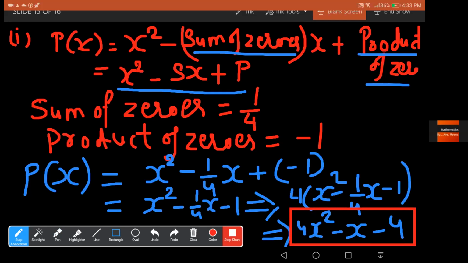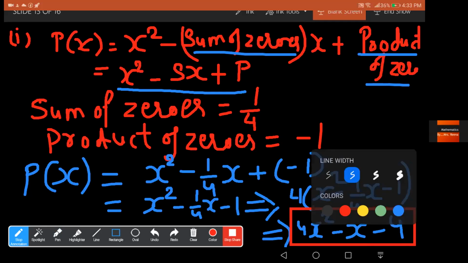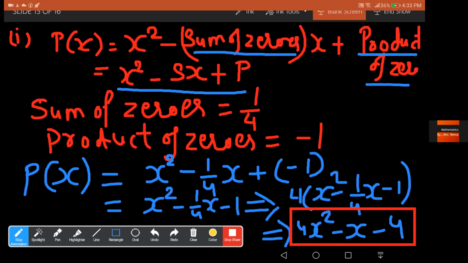अगर हम इसी क्वेश्चन को जनरल फॉर्म में देखें तो जनरल फॉर्म में हम इसे कैसे लिखेंगे? If we are taking this question in the general form, then we will take k here. K represents any real number. तो मतलब जो भी हमारी ये पॉलिनोमियल है, जो भी हम ये फाइंड करने वाले हैं, we can multiply all the coefficients with the same number, then that can be a possible answer.